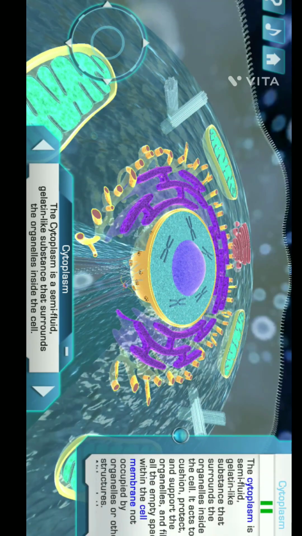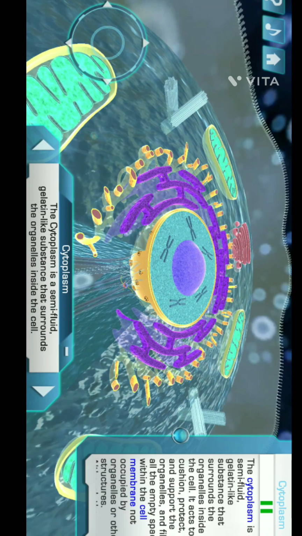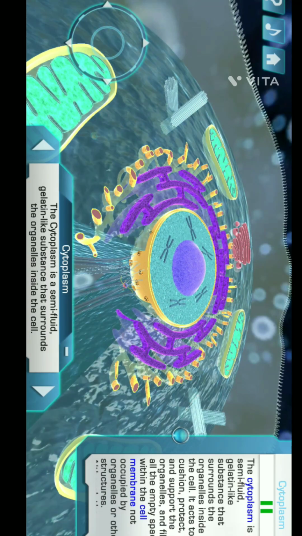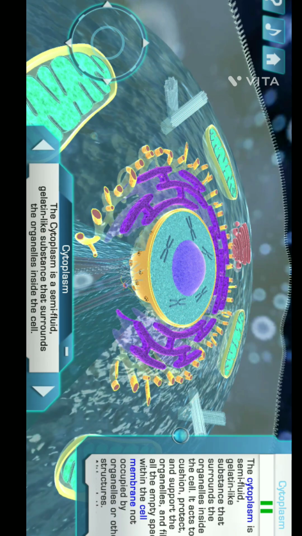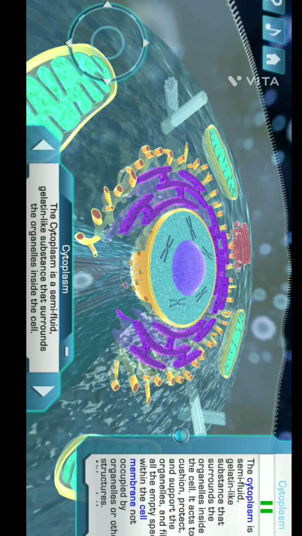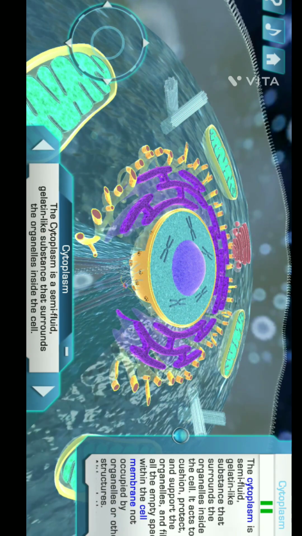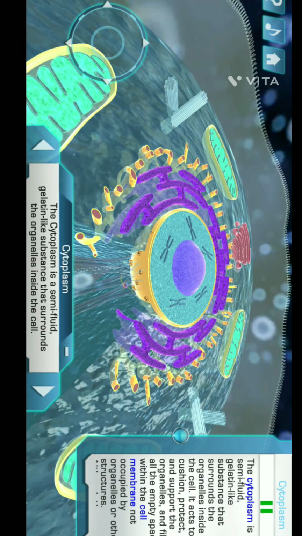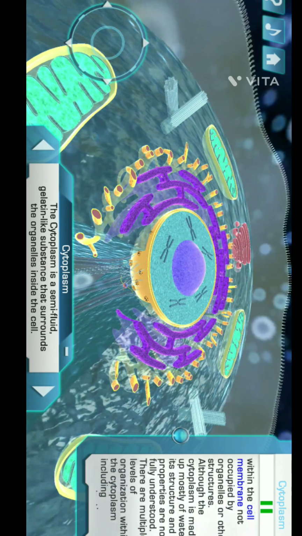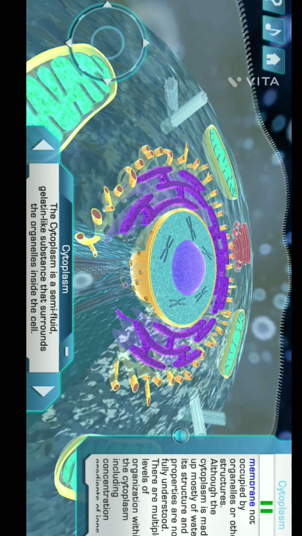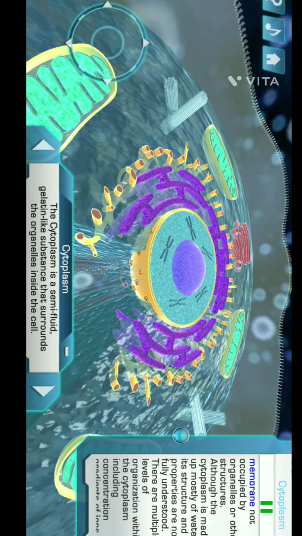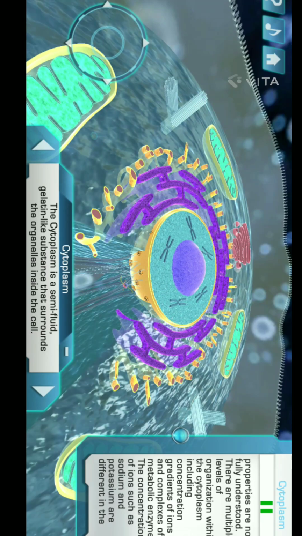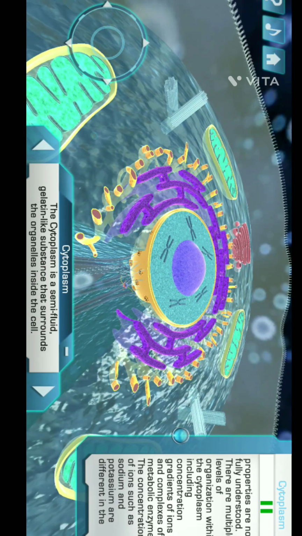The cytoplasm is a semi-fluid, gelatin-like substance that surrounds the organelles inside the cell. It acts to cushion, protect, and support the organelles, and fills all the empty space within the cell membrane not occupied by organelles or other structures. Although the cytoplasm is made up mostly of water, its structure and properties are not fully understood. There are multiple levels of organization within the cytoplasm, including concentration gradients of ions and complexes of